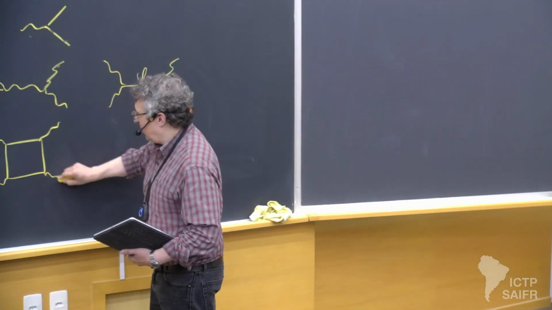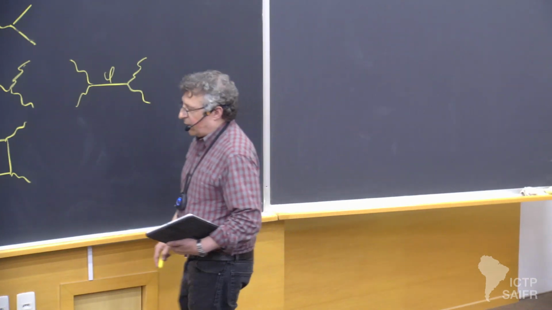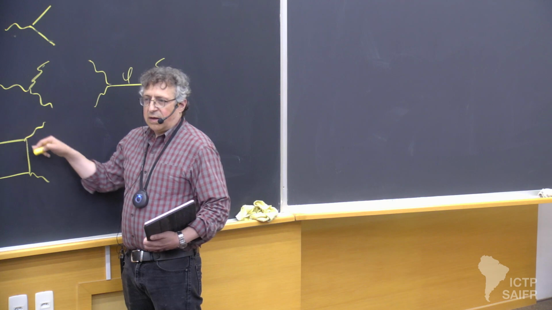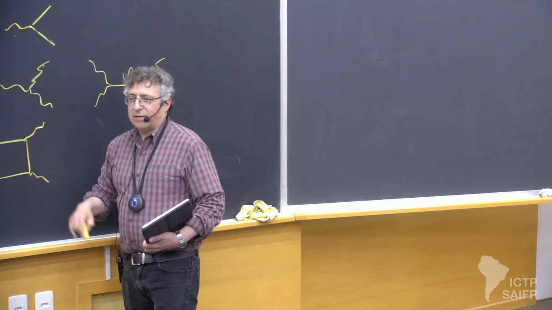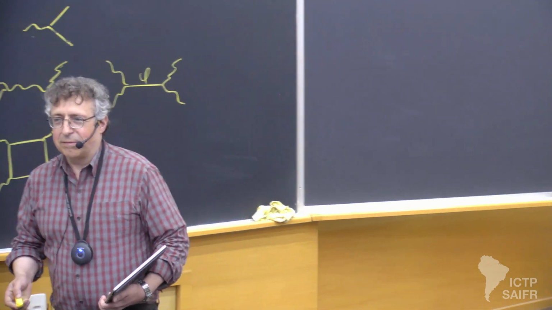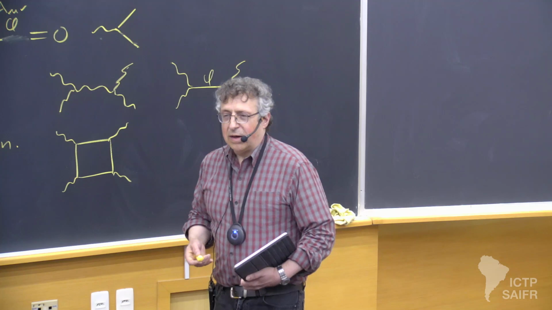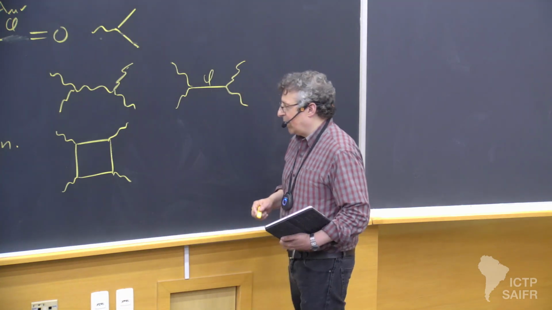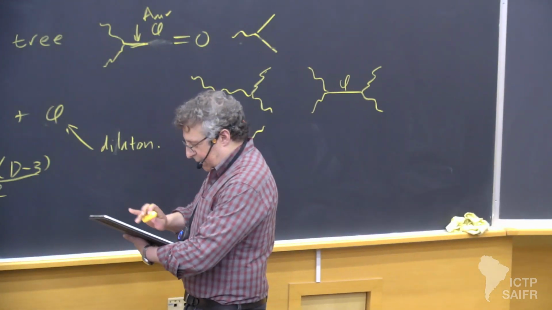Okay, no mystery there. So you see, if you're looking at a loop, you now have a little problem because now you have unwanted states. The antisymmetric tensor goes around here, the dilaton goes around here, and you get the wrong answer, at least if you're interested in doing Einstein gravity coupled to ordinary matter. So what's the solution to this problem? Well,